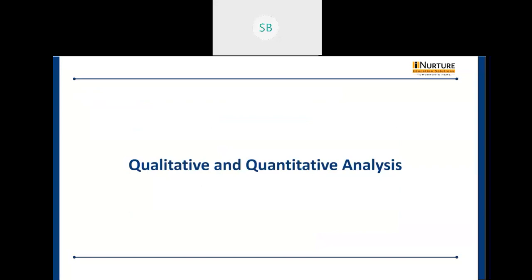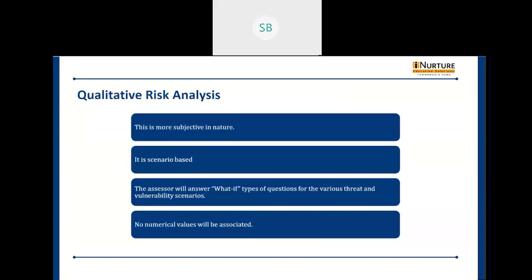Next, we have the qualitative and quantitative risk analysis, so you can find the difference here also. Qualitative risk analysis is more subjective in nature. It will be more descriptive and will explain what the impact of the risk is. And quantitative, as we have just said, will add a numeric value to it. And qualitative risk analysis will be scenario based. So based on the situation, it will have the risk. It can come in any sense, at any time, an unexpected risk. So in that scenario, the measure we need to adopt is qualitative risk analysis.